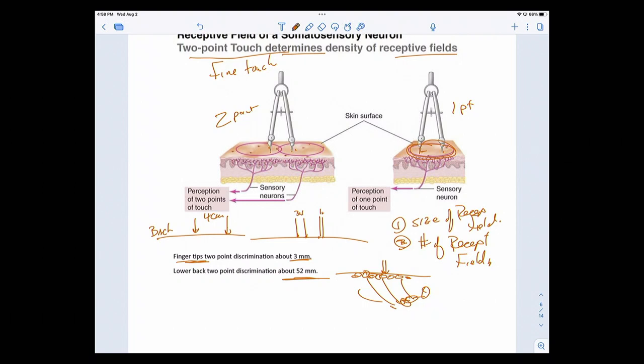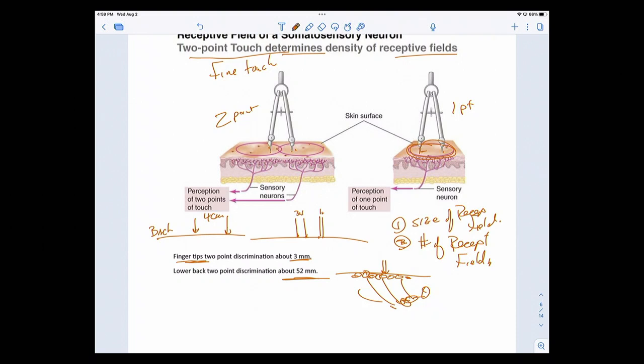Your 2-point discrimination in the back of your thigh is not that great. Back of your calf is not that great. And again, it's not that great because you don't need it to be that great. Functionally, who cares what kind of 2-point discrimination you have on your lower back or the back of your thigh? But if you're talking about 2-point discrimination in your fingertips, and you also have really good 2-point discrimination around your lips, okay, you're really good at that.